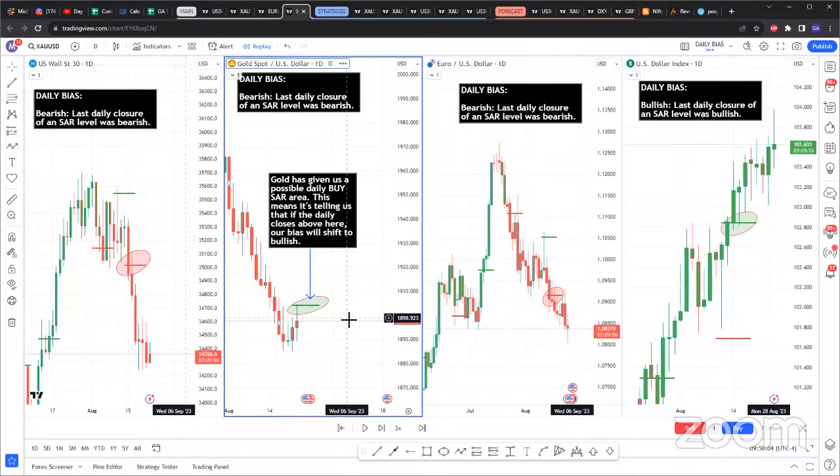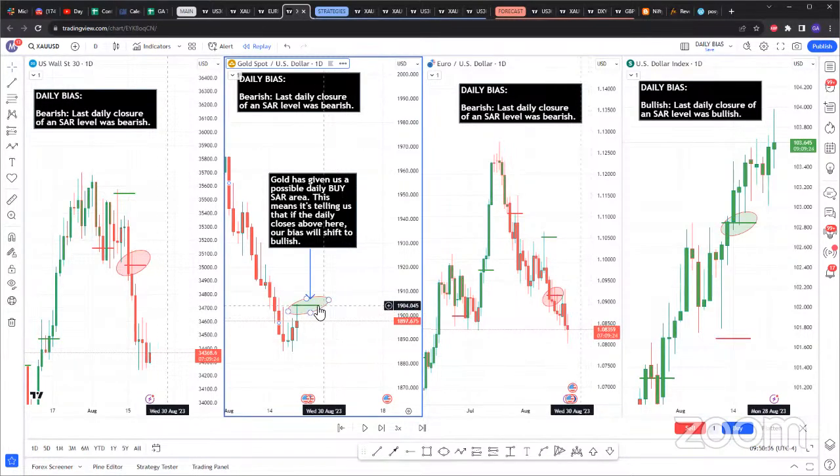Now, if you had confluences for a buy, but you wanted to also get a confluence for a buy, still from an SAR, what could you also have looked at here? Gone down to the next lower time frame. So keep in mind, this is a daily candle. What's the next lower time frame after a daily candle? It is a 4-hour candle, which means a daily candle has, if I'm not wrong, 6 times 4, 24. Yeah, has 6 4-hour candles.